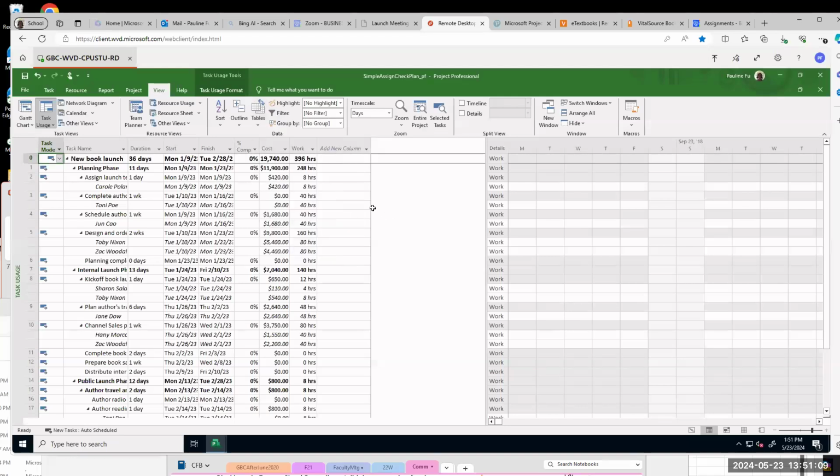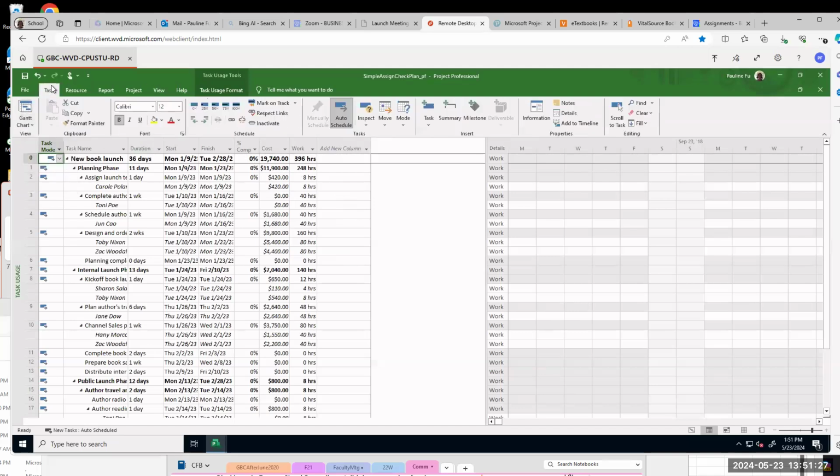Okay, step 2 is our last step for chapter 6. Display resource usage view. So go to task first. Then click the down arrow key beside Gantt chart and select resource usage.